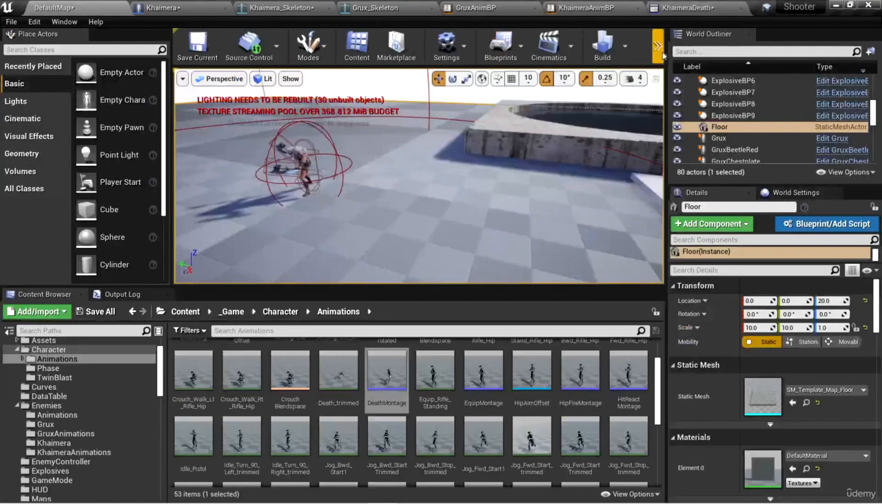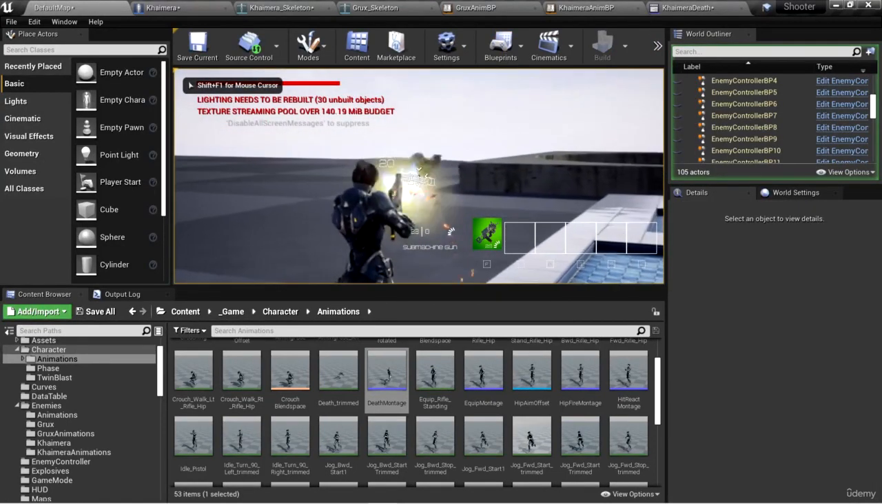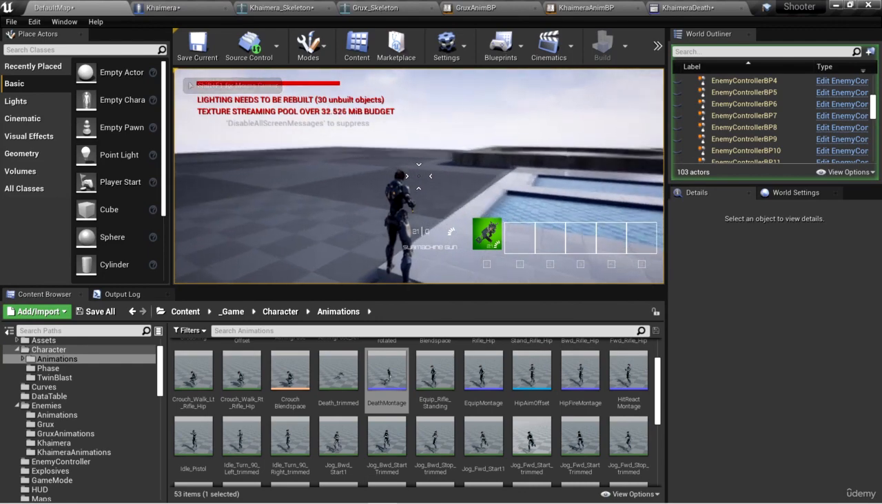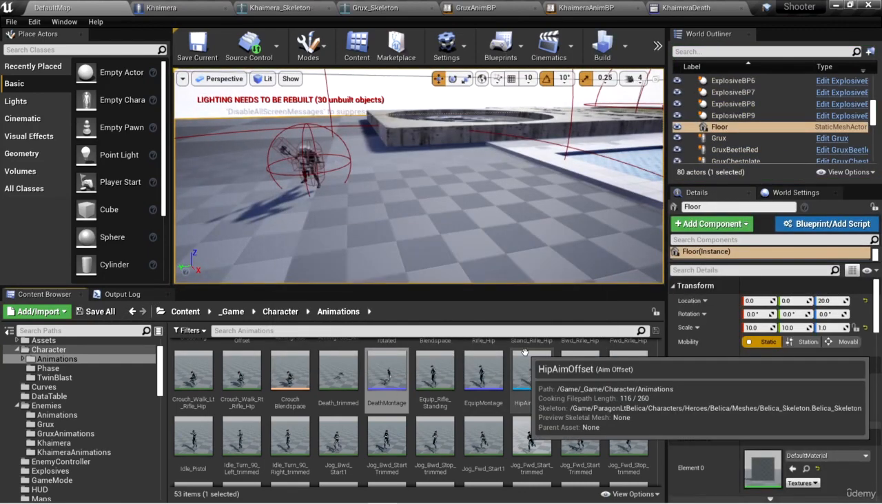Let's go ahead and kill Khaimera again. And that looks a lot better. Okay, so I'm going to save everything. We now have a working